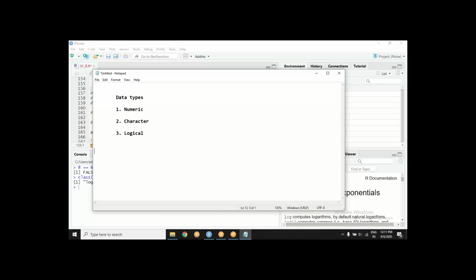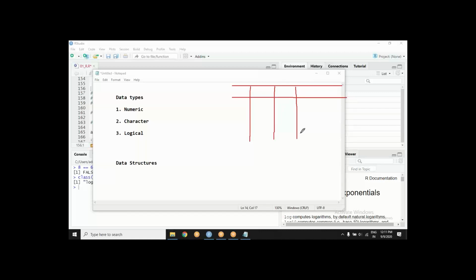Then there are data structures. I need some structure to manage my data. So now think about it. What is data? Data is nothing but rows and columns. Yes or no? There are some columns, there are some rows. Employee table, you have seen that in detail.